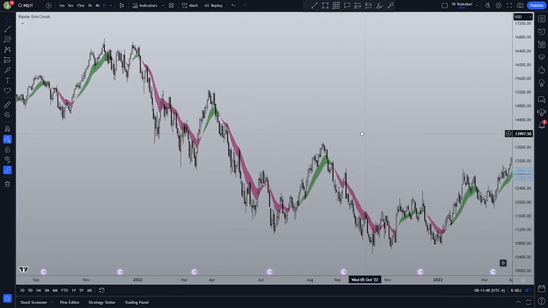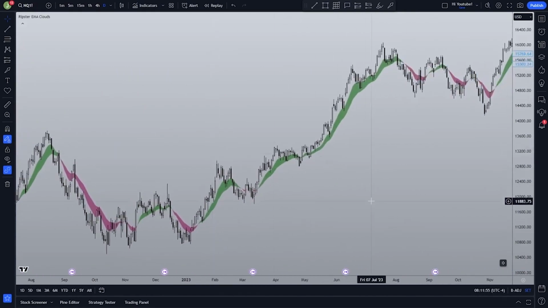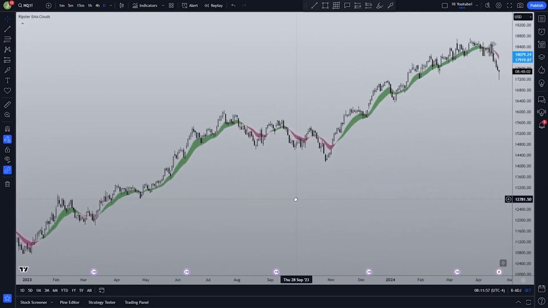Again, red means we're in a bearish market and we're only looking for shorts. Green means we're in a bullish market and we're only interested in longs. Now, you can change the colors, but I think you get the point I'm trying to make. Now that you have the bias from the daily time frame,